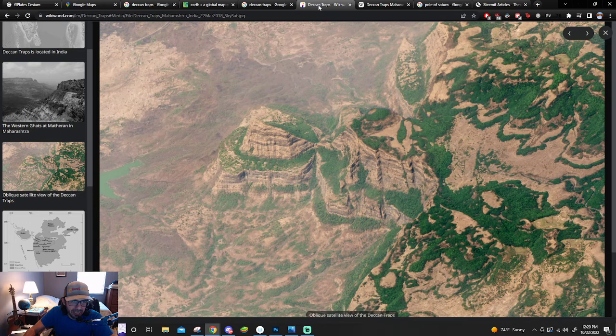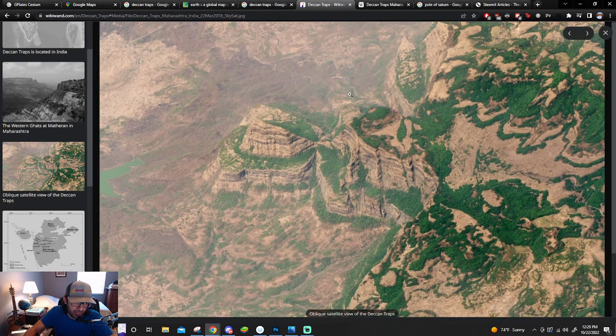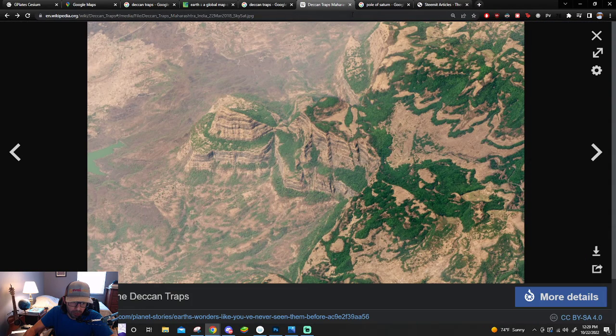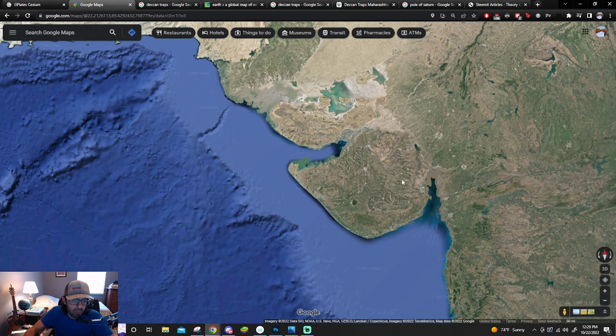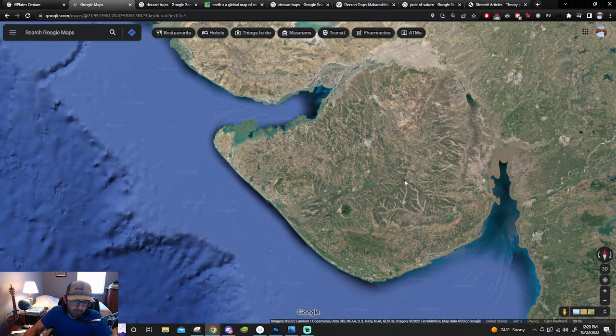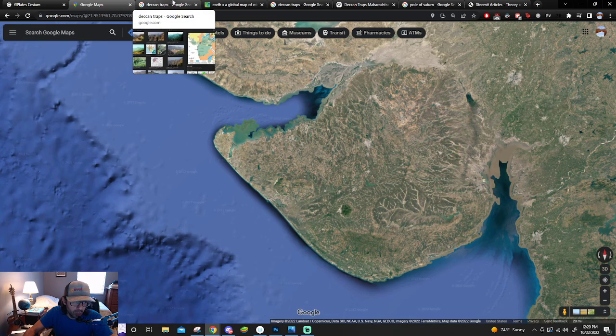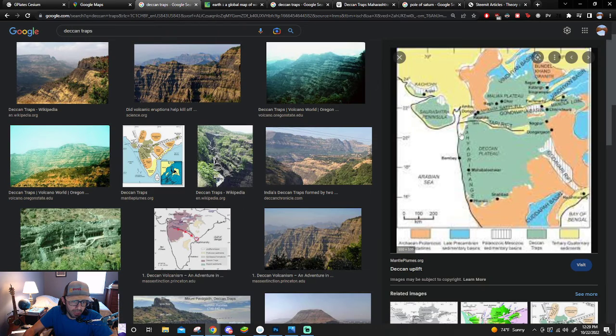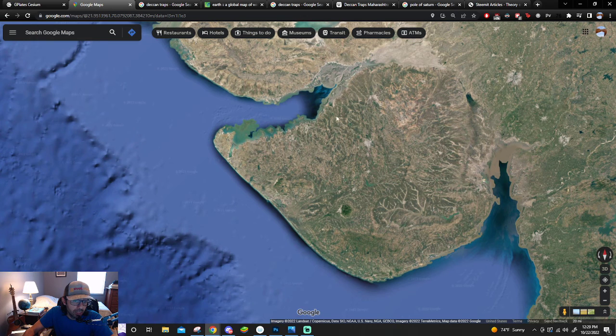So I do think we're on to something with this Deccan Traps. First of all, it was being formed by emissions, which is pretty well established, of course, that it's a large igneous province. But those emissions were not just a large igneous province; they were also a large igneous province with a vortex storm traveling atop it. And so that storm influenced the outcome of the map,